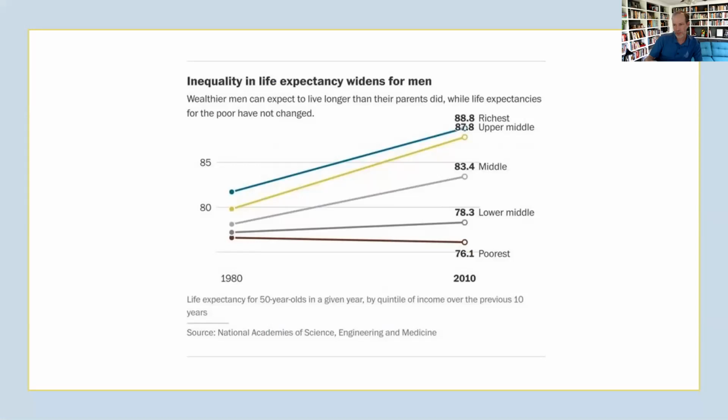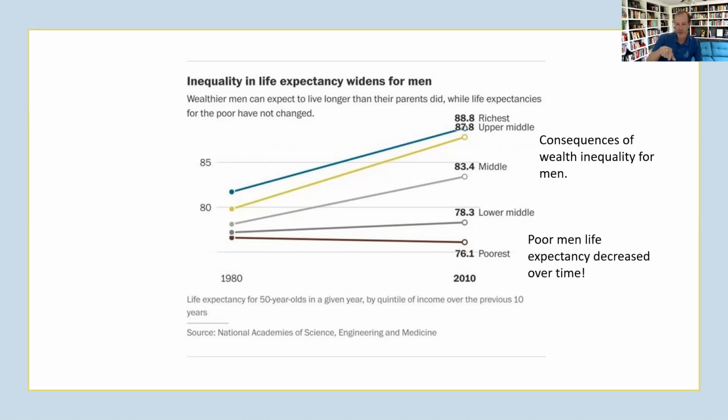This is just one life outcome that differs, but this looks at life expectancy for a 50-year-old man in these different income categories. So these rich people and the next category down, in 1980 expected to live a little more than 80 years. Now rich people expect to live almost 90 years. And if you look down the income levels, you see life expectancy is lower for people who make less money. Now the real take home point from the slide though is people in the bottom 20% here, their life expectancy has actually decreased.